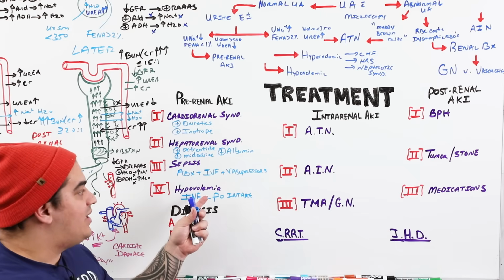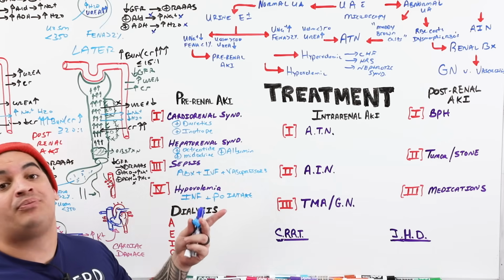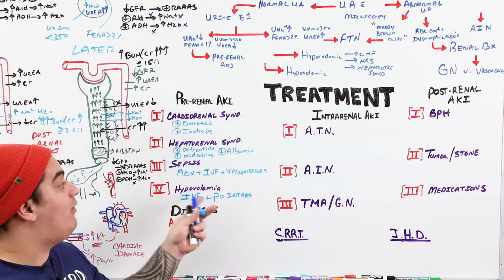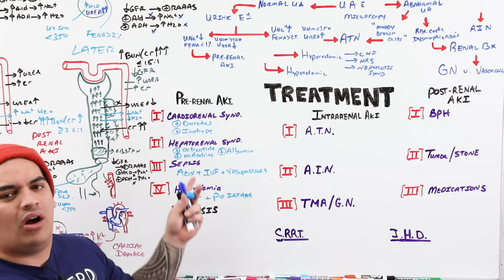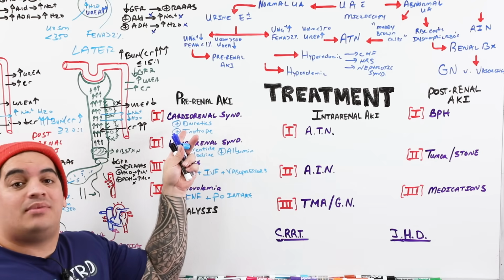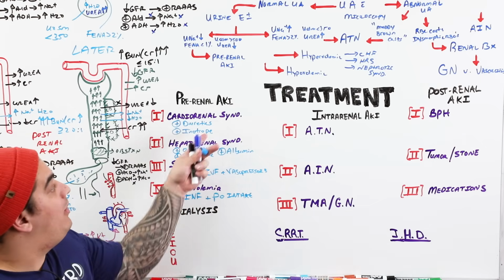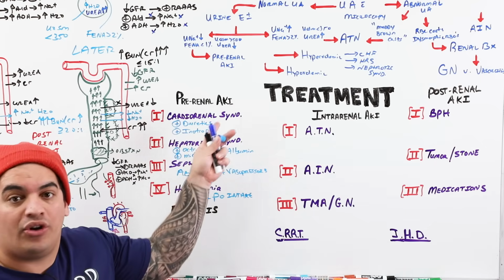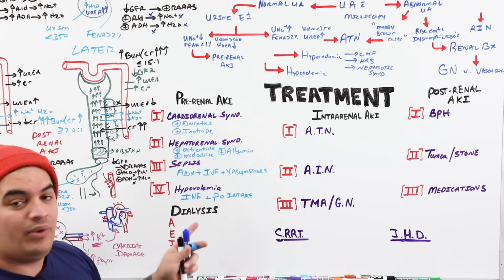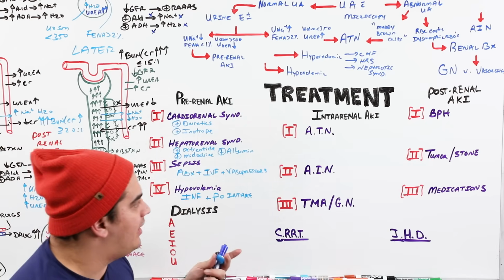So sometimes one of the easiest ways to determine if it's pre-renal and intra-renal is you can look at their history and say, okay, I think that they would respond to some fluid. I give them fluid, they improve. Oh, maybe it was a pre-renal of a hypovolemic category. Oh, I'm going to give them fluid. They didn't really get any better. It actually made them a little bit worse. Okay, let's try some diuretics and some blood pressure augmentation. Oh, that got them better. Oh, maybe it was a pre-renal AKI of a cardiorenal type, or maybe a hepatorenal syndrome, or maybe a septic kind of patient. So that's kind of the way that we go about this.